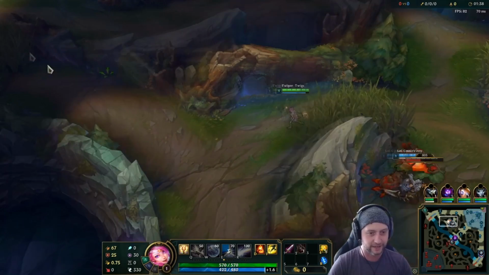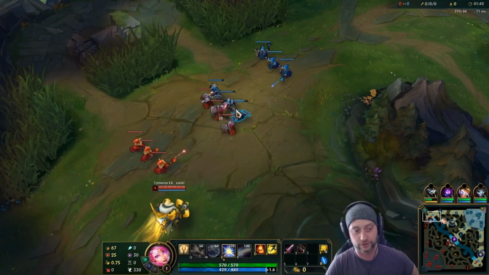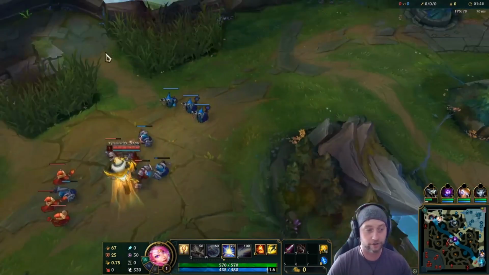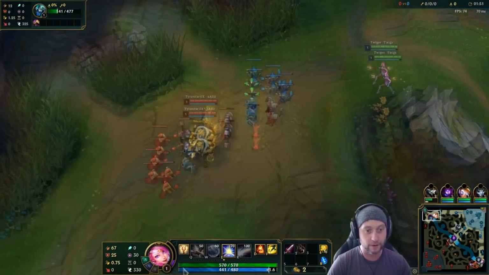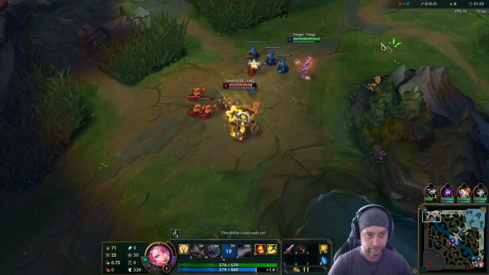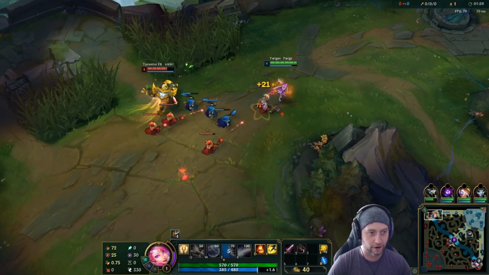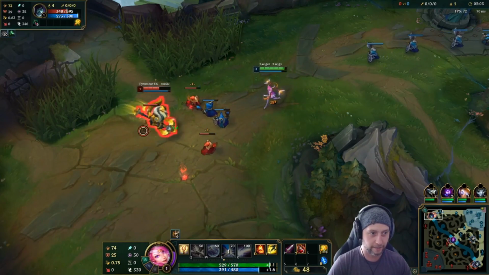The main reason, pretty much the only reason that we went for Malzahar was because these guys locked in Master Yi. Master Yi is insanely hard to deal with if he gets ahead, but insanely easy to deal with if you have a Malzahar ultimate. And that's the purpose here. We're basically just gonna try to Malzahar ult the Yi. Okay, I'm just gonna...